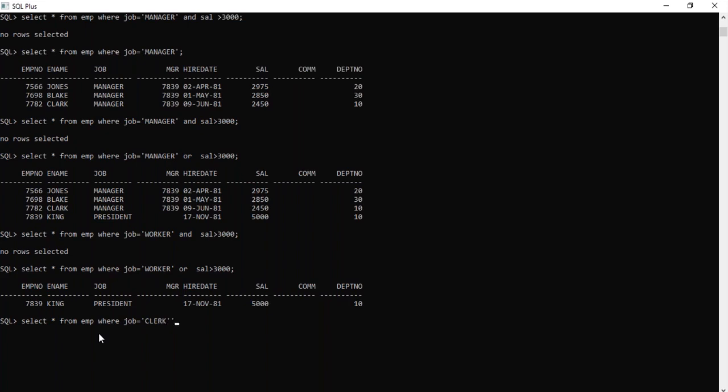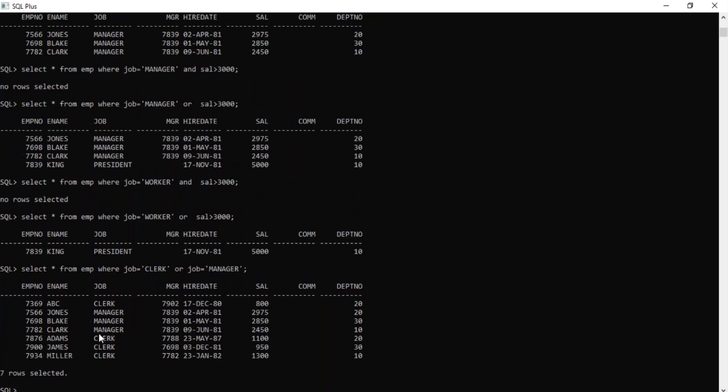Now my question is, I want to get the data from the table, like clerk, salesman, manager. Now how will we write it? Job is equal to clerk, manager, just OR. Go for OR each and every time.